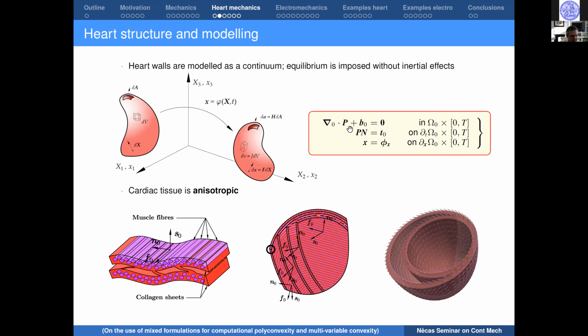Now, the complexity lies in the definition of P, the Piola stress, which has to incorporate the heavily anisotropic behavior that heart tissue has,